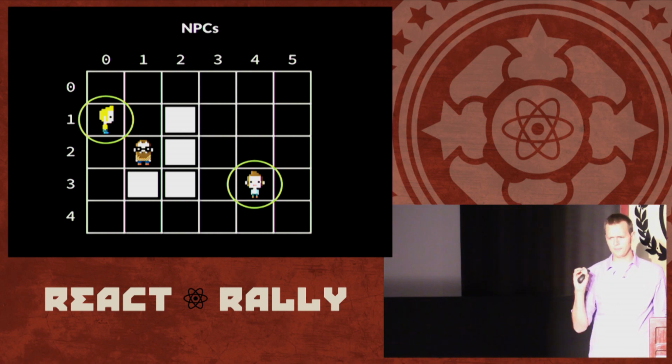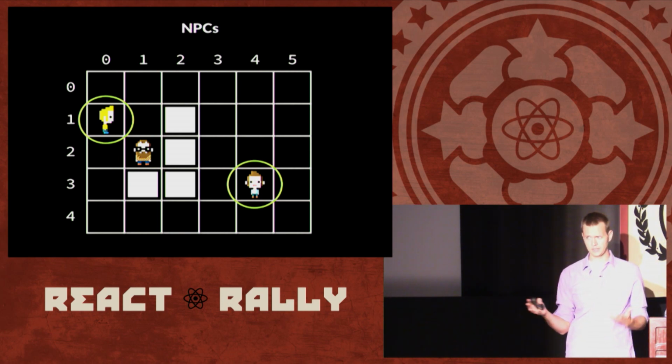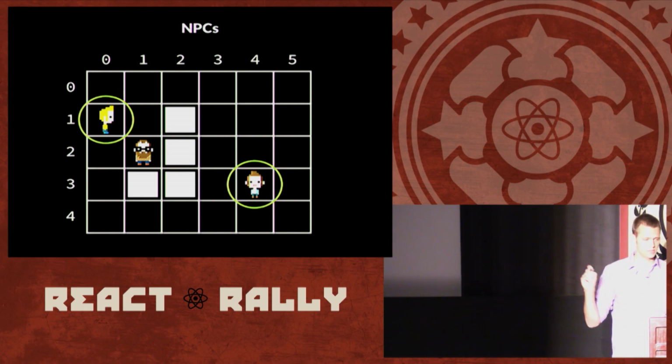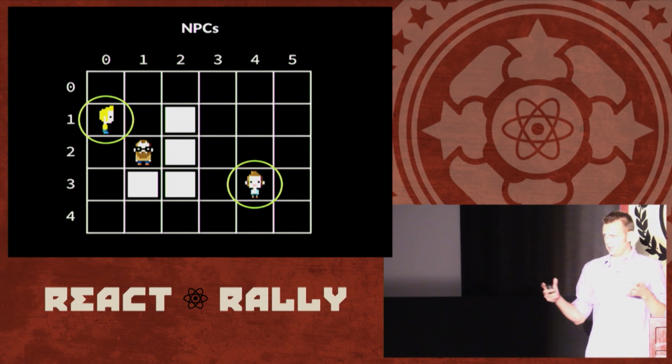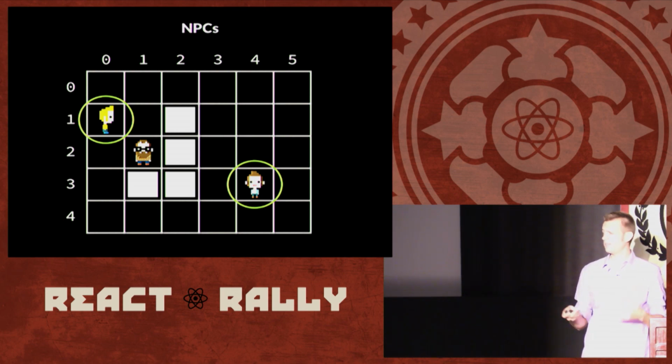Now, the other thing, these NPCs, non-playable characters, don't care about the arrow keys because they're not player controlled. Instead, they have internal state that tells them where they walk or what they say when you talk to them. So still a lot of reuse going on. There's one last thing that glues this whole walking engine together to make it feel like a video game, and